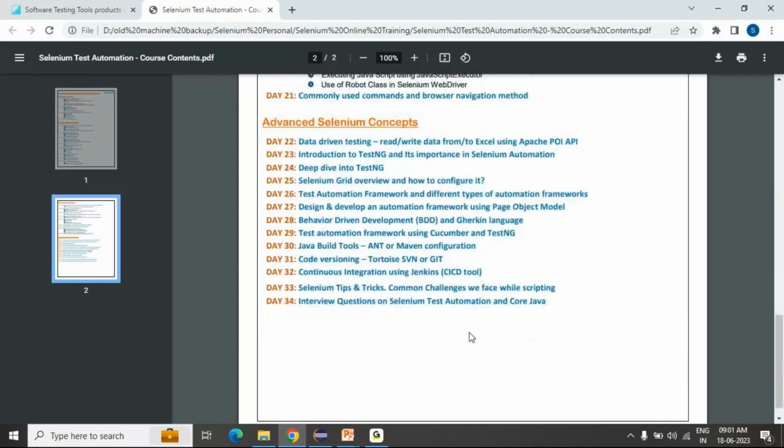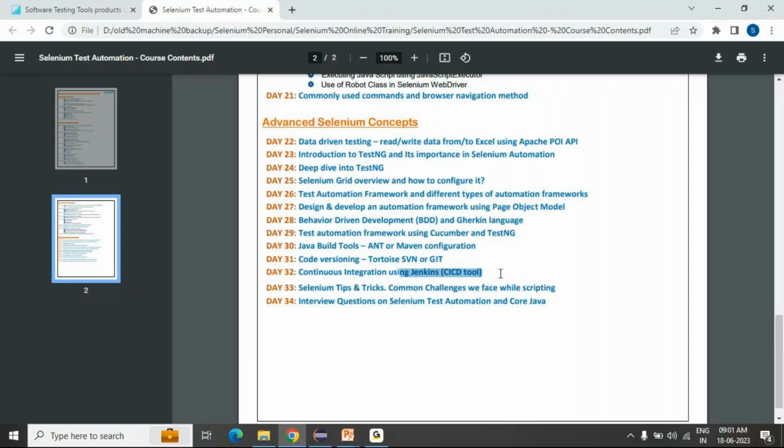As part of advanced topics also, I am going to teach you TestNG and Apache POI for Excel automation, and Selenium Grid, and how to design and develop automation frameworks from scratch. We will be learning BDD Cucumber, and the Maven Java build tool, the Git repository tool, and the Jenkins CI/CD tool.